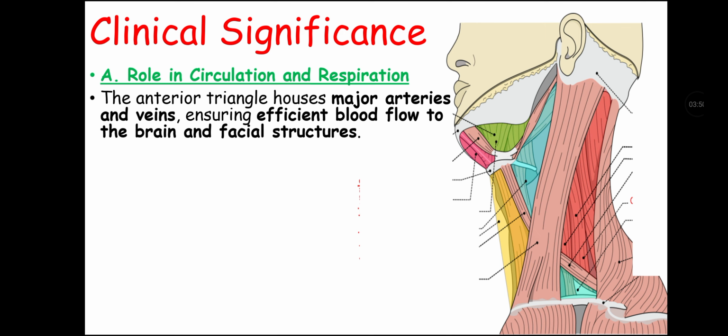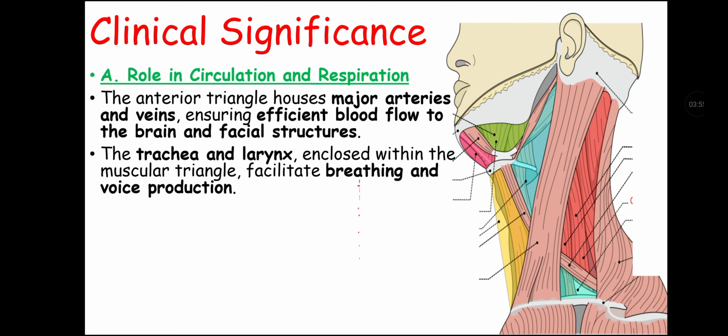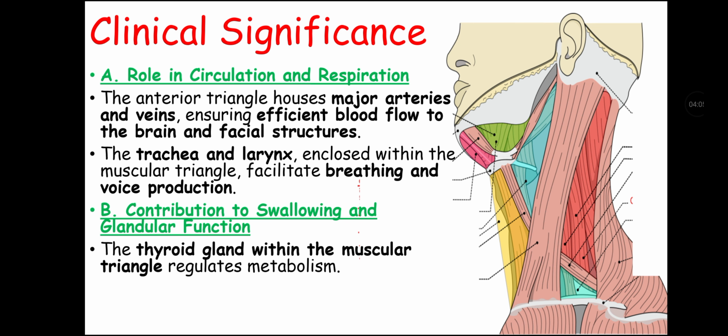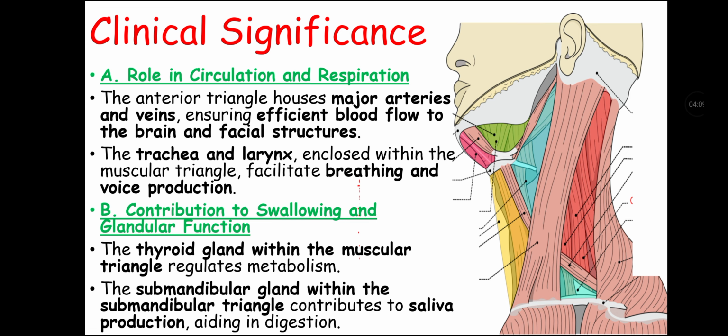triangle houses major arteries and veins that ensure efficient blood flow to the brain and facial structure, and the trachea and larynx enclosed within the muscular triangle facilitate breathing and voice production. Next is contribution to swallowing and glandular function. The thyroid gland within the muscular triangle regulates metabolism, and the submandibular gland within the submandibular triangle contributes to saliva